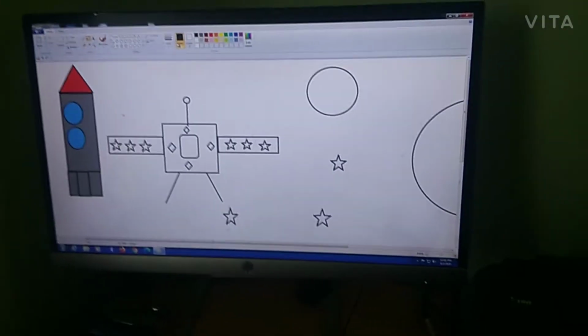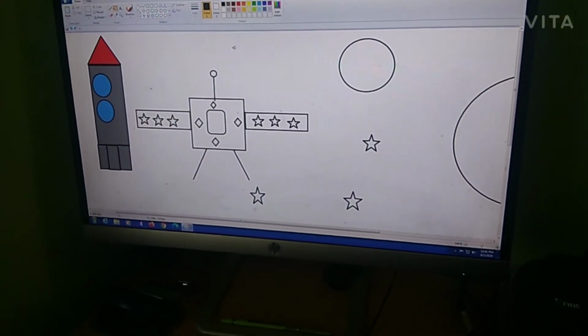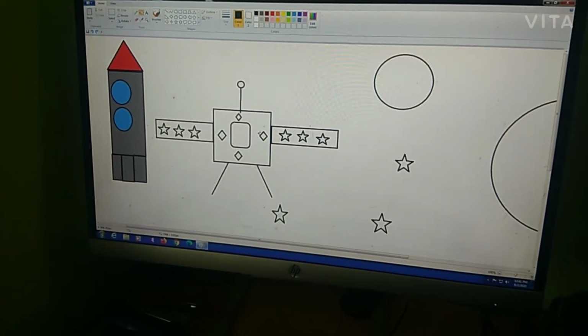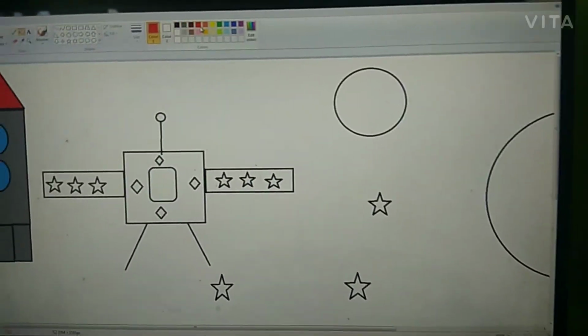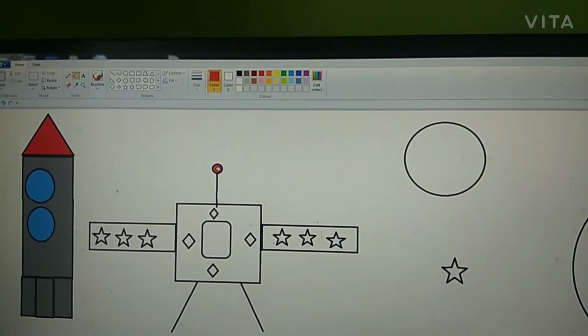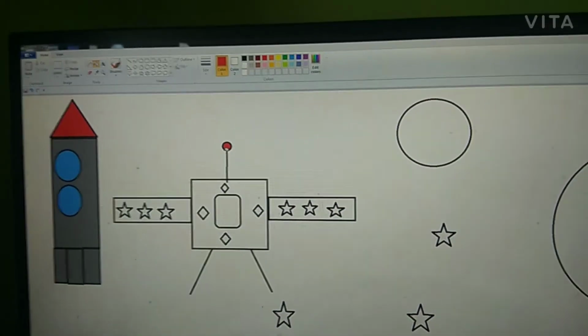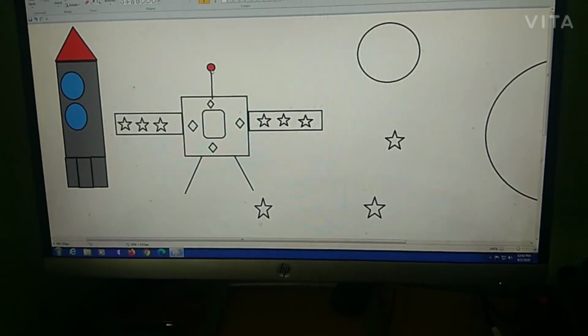Okay, let's start with it. What is this? Foreground color and background. So, which color are you going to choose? First, we need to do this satellite. We are going to make the satellite. For red, you are going to make this normal. We are going to put red color on the top, on top of the robot. We already put the antenna and colored it red.